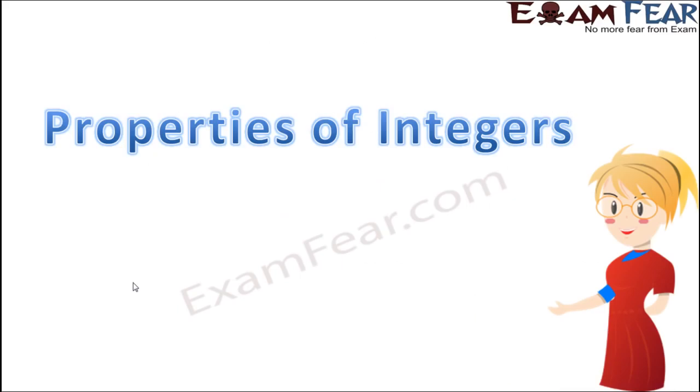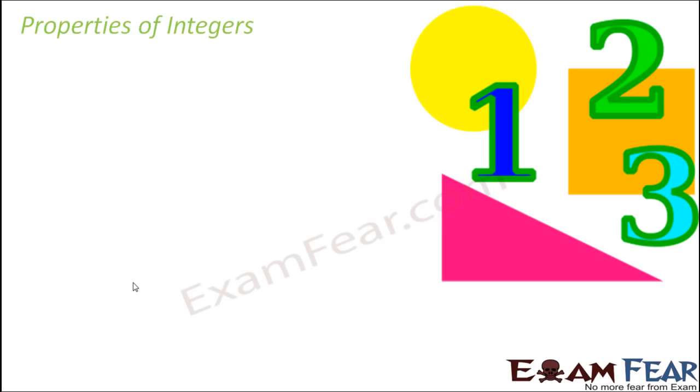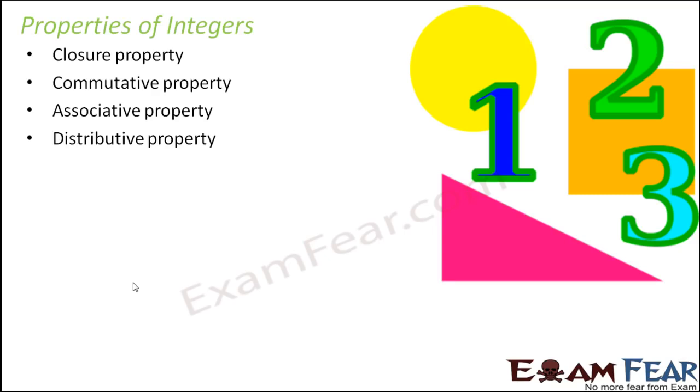So now that we have learnt about operations on integers, it is time to talk about properties of integers. Integers also follow a lot of properties and we will see how these properties are going to help us. Some of the properties that we will discuss for integers are closure property, commutative property, associative property, distributive property. And I am pretty sure that these names are no more new to you.